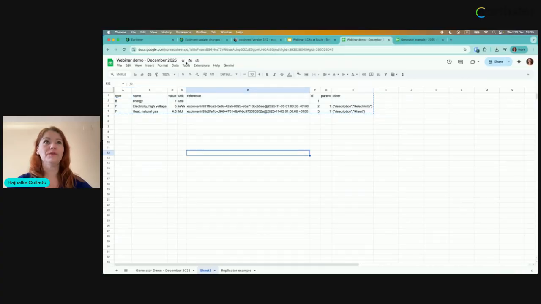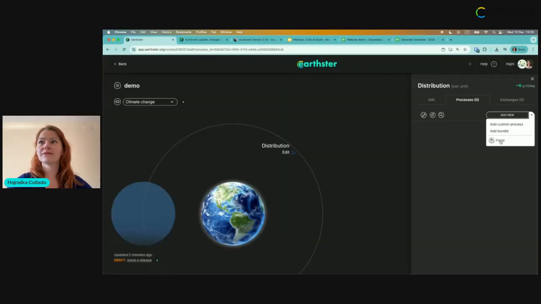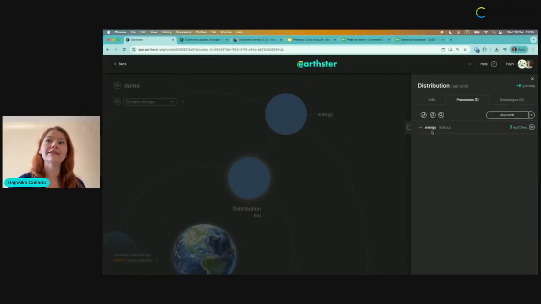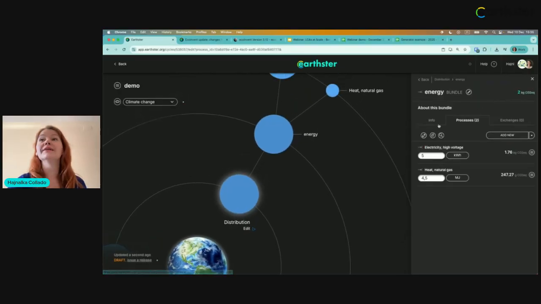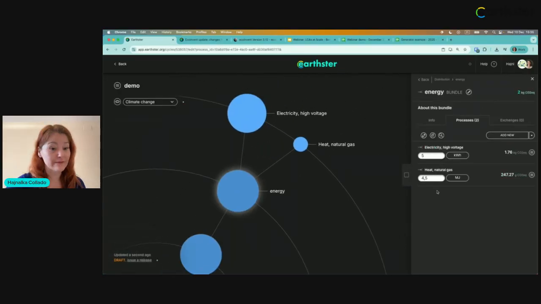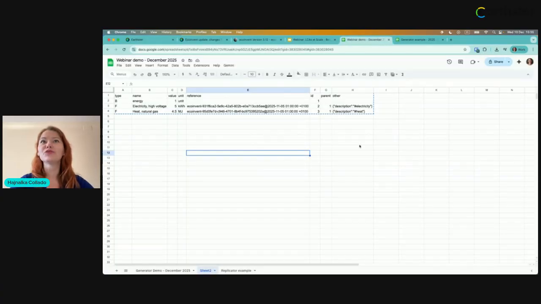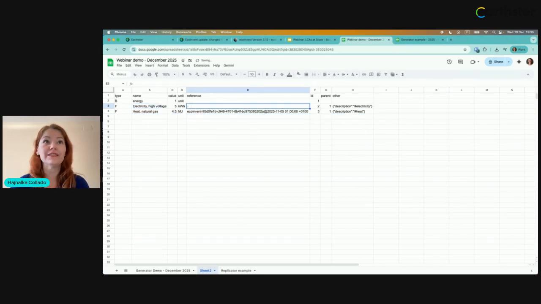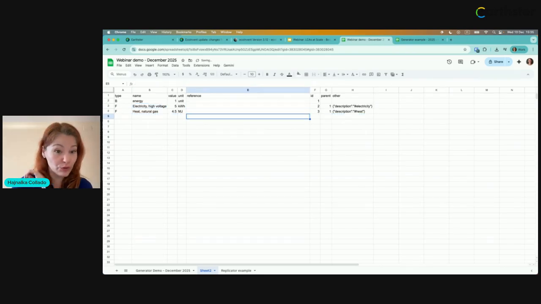Look, I copy now again, go back, paste, and now it created a new bundle called energy. In there are the 2 inputs that we defined and with the values. And now another cool trick that many of you don't know. What happens is, for example, if you remove the reference because you don't know,